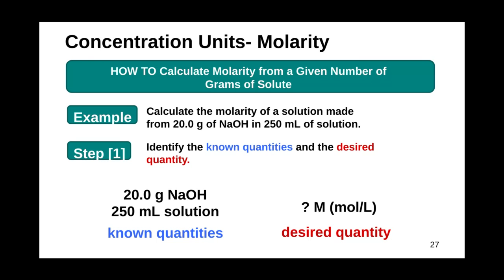So we need to do, as always, identify what we know and identify what we need to know. So we know that we have 20 grams of sodium hydroxide, and we know we have 250 milliliters of a solution. We want to know our desired quantity, which is moles per liter, or the molarity. So how do we go about doing this? Well,